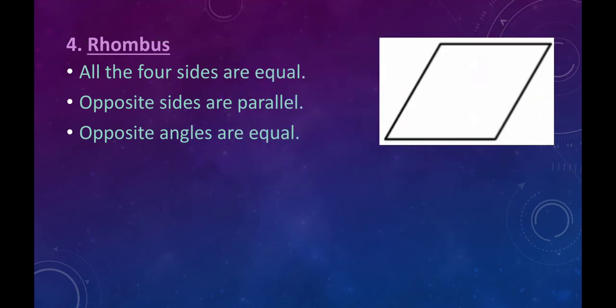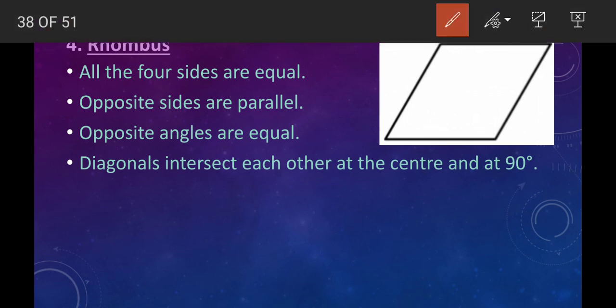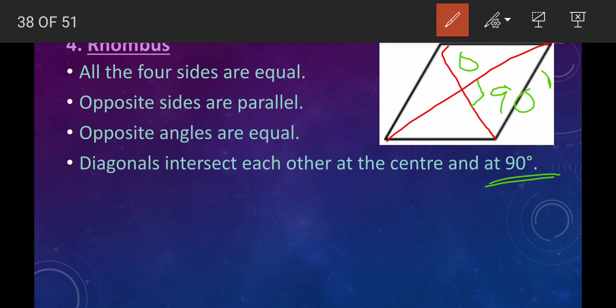And one more thing is there here, the diagonal. Diagonal means if you join the non-consecutive vertices. Suppose I am joining this line, this line and this line. So these two lines are diagonals and the diagonals bisect each other in the middle of the rhombus. Suppose I am taking this point as O, and here it makes an angle of 90 degrees, that is a right angle. So when the diagonals bisect each other in the rhombus, they form an angle of 90 degrees. Here there are 4 angles they are forming, and all angles are 90 degrees.